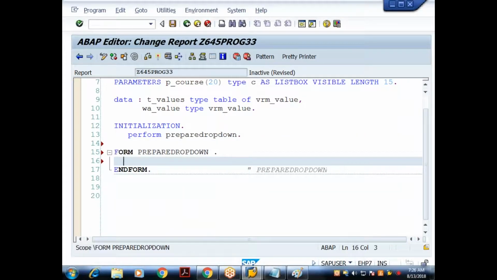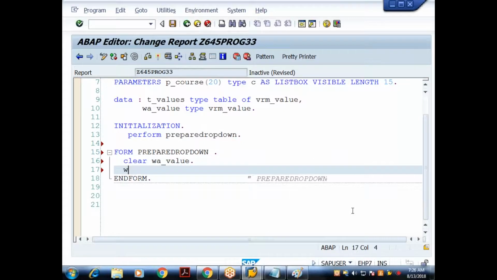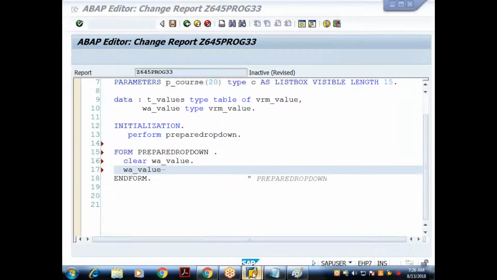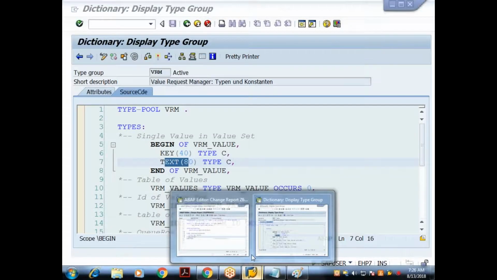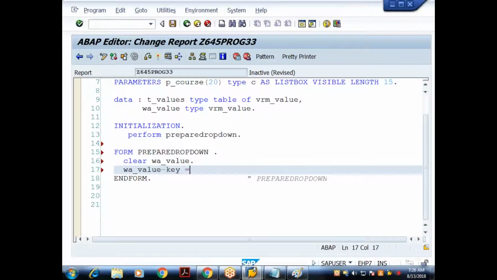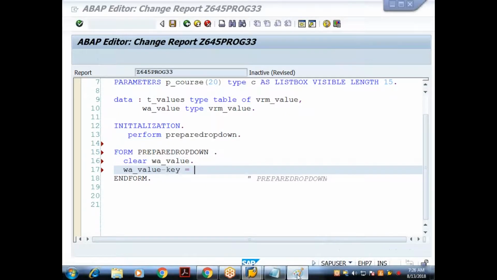Now I have to prepare the internal table. What is the standard way of preparing an internal table if you are not retrieving it from the database? You fill the data in the work area, and from the work area use the APPEND or INSERT statement to write it to the internal table. Before using the work area, CLEAR w_value. w_value is of type VRM_value, which contains the fields key and text. W_value-key equals K1, the key for the first value.